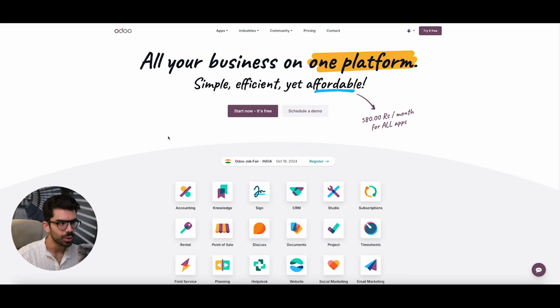So instead of listening to all of this theory, let me show you how to practically make a solid invoice using Odoo. So here I am in Odoo, where you can run your entire business online, including your content creation business. I already have my free account, so I will just go here and click on my databases.